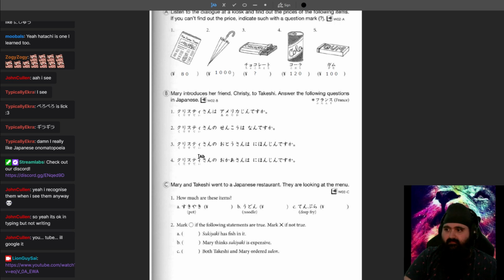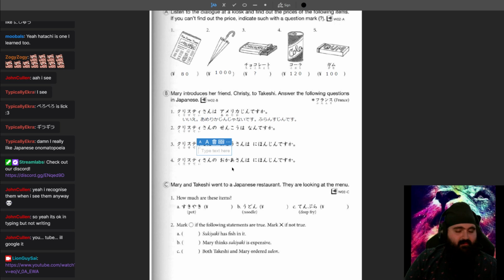So let's listen. はじめまして、クリスティです。 はじめまして、木村武史です。クリスティさんはアメリカ人ですか？ いいえ、アメリカ人じゃないです。フランス人です。パリ大学の学生です。専攻は英語です。 そうですか。クリスティさんのお父さんは日本人ですか？ ええ。お母さんはフランス人ですか？ ええ。そうです。